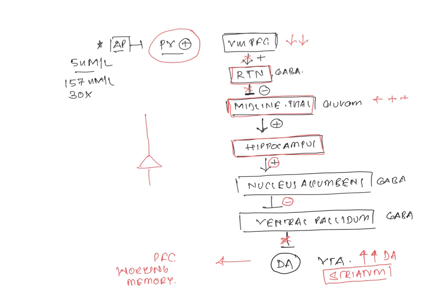So we have the pyramidal neurons, then we have the parvalbumin positive GABA interneurons, which form synapses on the cell body and the proximal axon. We have the somatodendritic GABA interneurons, which form synapses especially with the distal dendrite, right? We have the VIP neurons, which usually inhibit the somatostatin neurons, right? Now, the dopamine receptors are present on the pyramidal neuron as well as the GABA interneurons, all right?